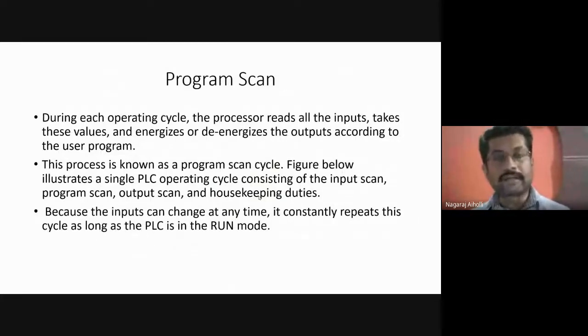Next, we'll take up a new topic, which is program scan. We already know by now what a scanning process is. Here, program scan means we are inputting the data. That data is taken in by the program, whatever we have written, the user program, the ladder rung program.